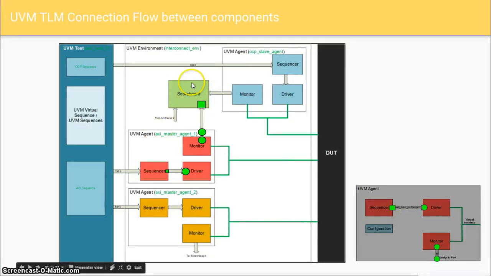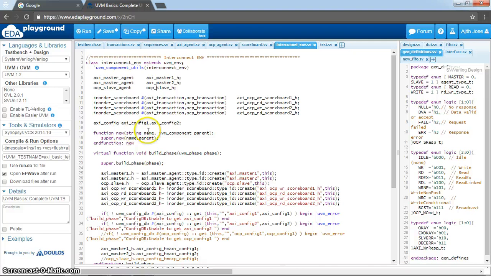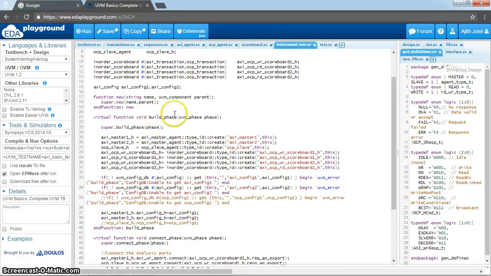If you look at the figure, I have only shown one scoreboard, but actually there are 4 scoreboards, 2 sets of scoreboards for read and write from each agent. Also, you can see that the AXI configuration objects per agent, that is config 1 and config 2, are part of this interconnect env. Now in the build phase function, you will be creating the individual agents one by one,